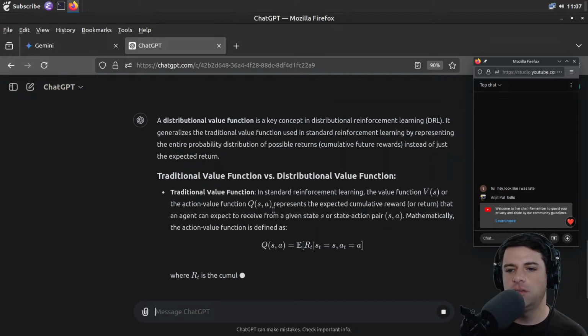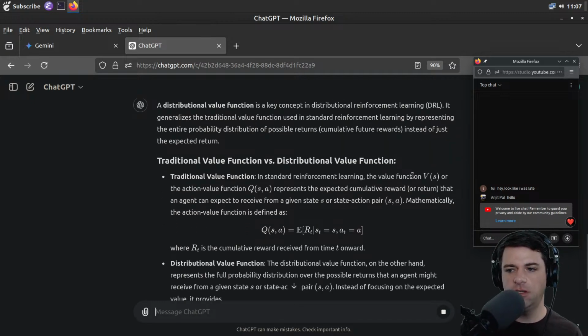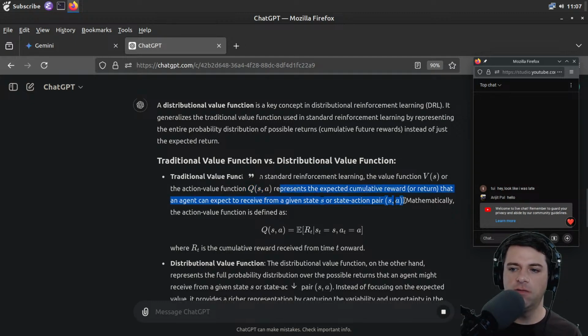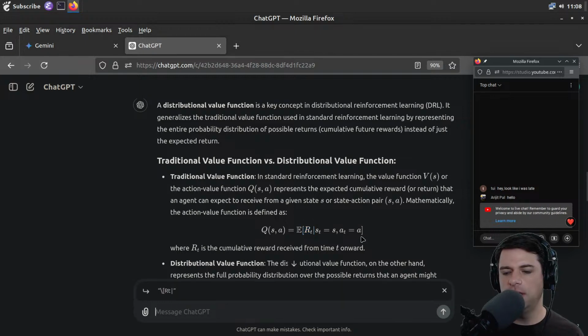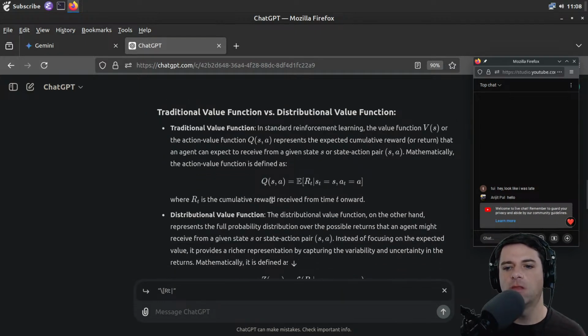So in the traditional value function, in standard reinforcement learning, the value function V of S, like the Bellman value function, and the action value function Q of S, A. S I think is state, so the action value depends on state and the action. It represents the expected cumulative reward or return that an agent can expect to receive from a given state S or state-action pair S, A. Mathematically, the action value function is defined as Q of S, A is the expectation of R_T such that S_T is equal to S and A_T is A, where R_T is the cumulative reward received from time